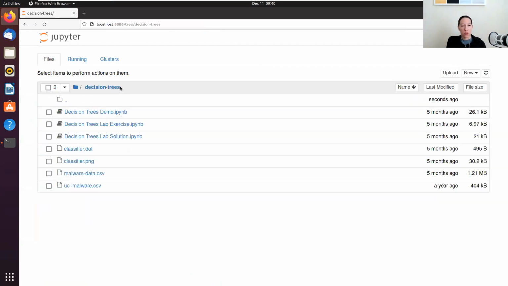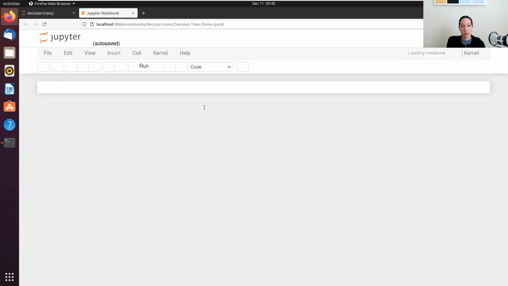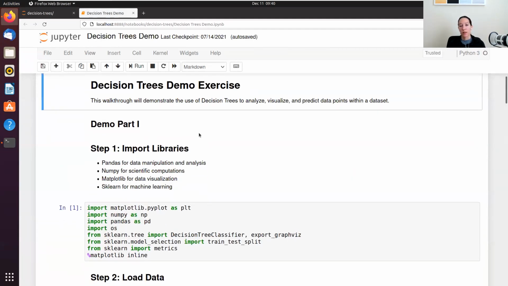We'll go into the decision trees folder. We have our demo, lab exercise, and lab solution. And we also have two data sets that are provided for our demonstration and exercise. All right, so we're going to analyze, visualize, and predict our data points of our data set using decision tree